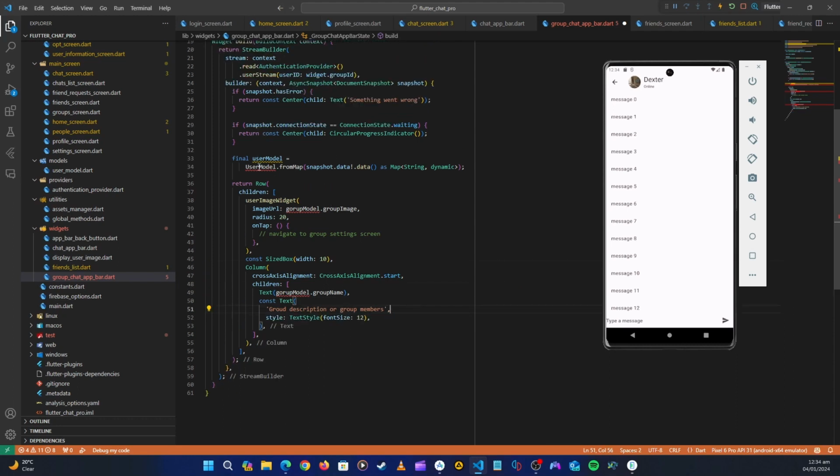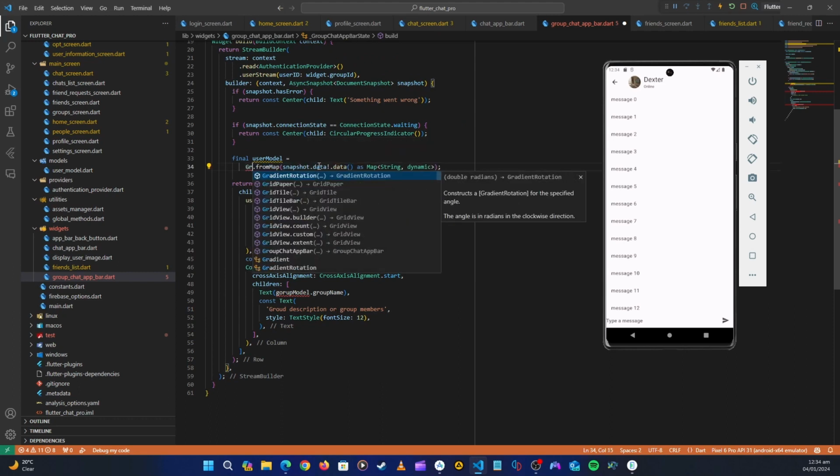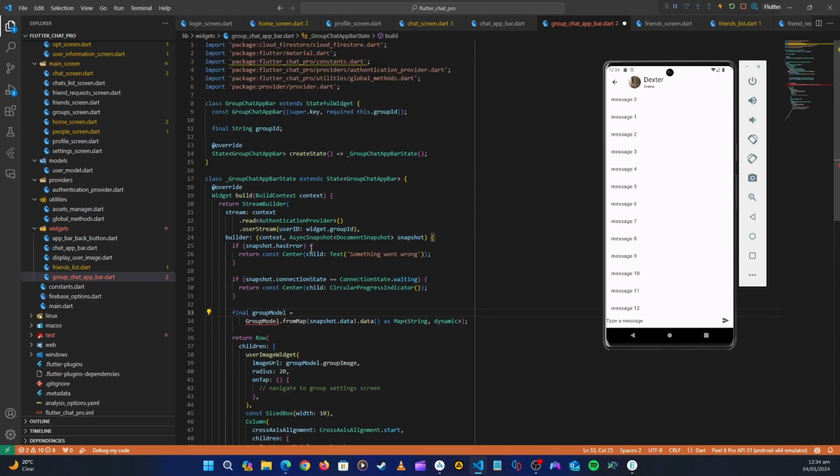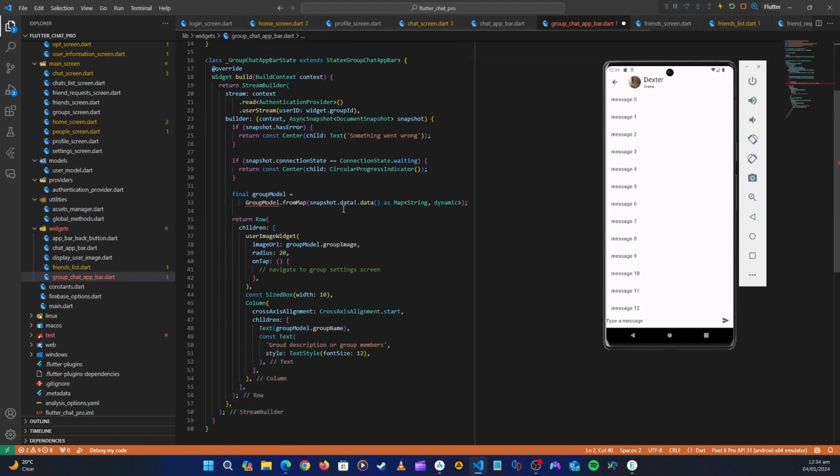So here, instead of this, we are going to have a group model. Okay, so let's change this to group. So all of these we will make later on. Okay, so let's copy that, and then let's paste that there, and then let's also paste that there. So this will be the group. Let's remove what we don't need. So this will be the group